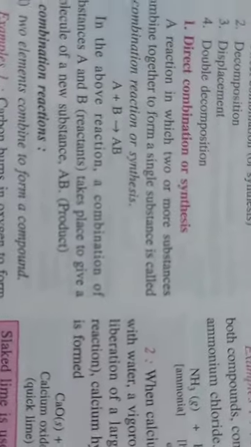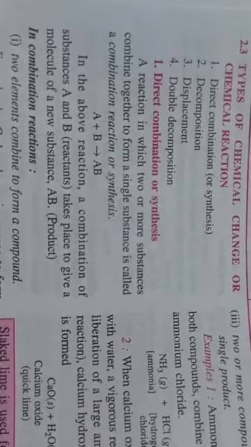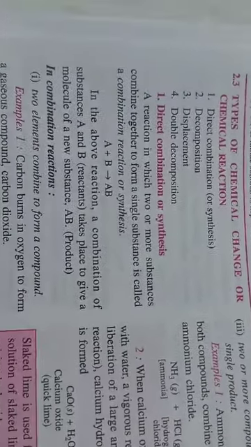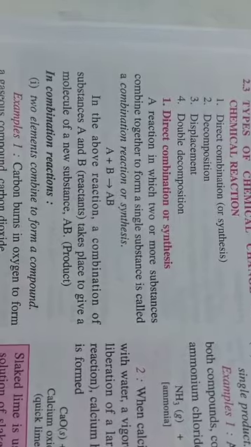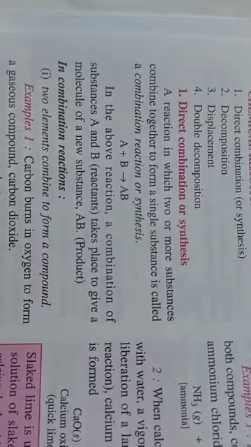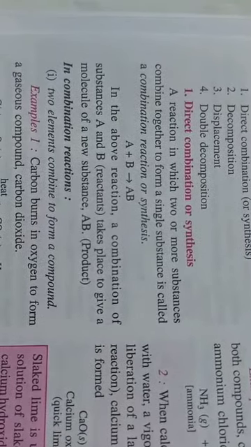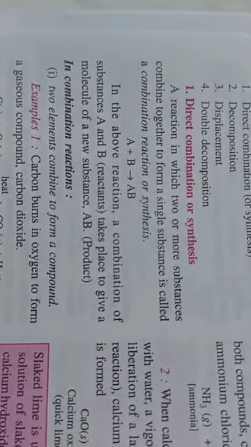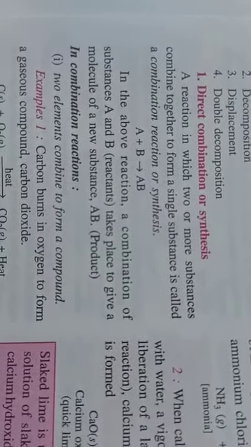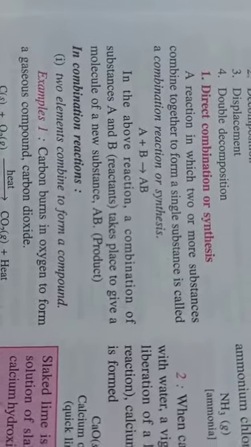So today we all studied four types of reactions, along with particular charts and the reactivity series. We studied direct combination, where two elements combine to form a single compound. Then decomposition, where a single compound is broken into different products. Displacement, where a highly reactive element displaces a less reactive one. And then double decomposition, where mutual exchange occurs between the two reactants, forming two products. Precipitation and neutralization are the types of double decomposition reaction.